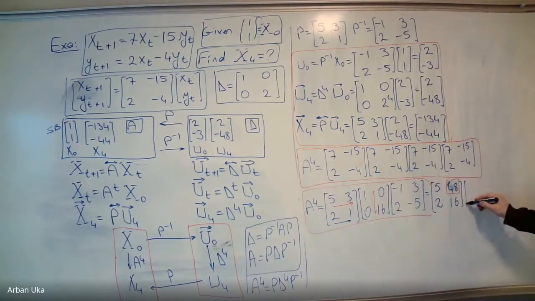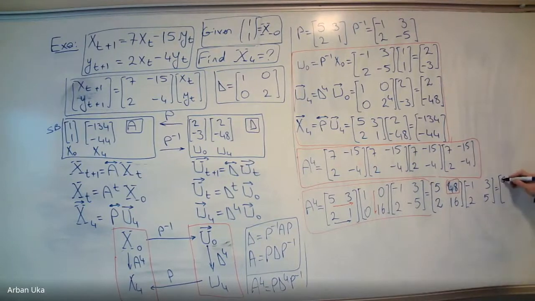Times minus 1, 2, 3, 5, and this would be equal to, so here we have minus 5 plus 48, that's 91. Then we have 5 times 3, 15. 5 times 3 plus 5, so it's going to be 51 times 5, that's 255, and then we get 32 minus 2, 30. Yeah, so that's minus